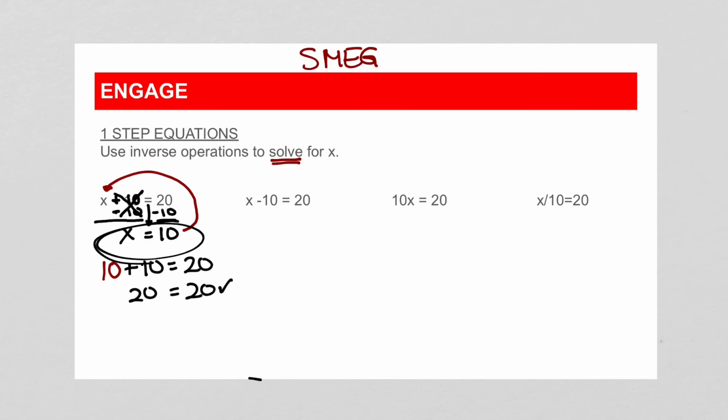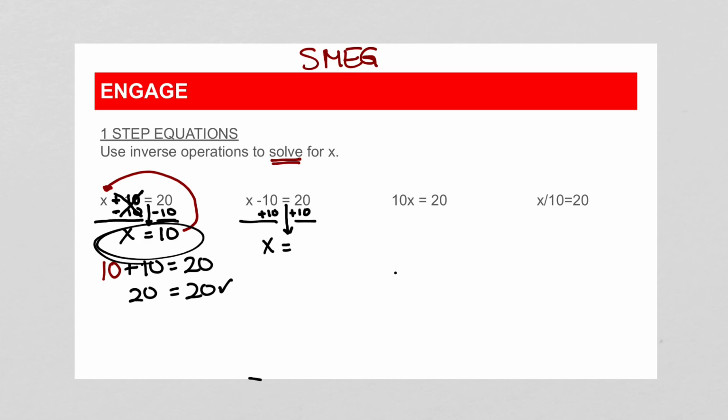Let's try with subtraction. Looking at the next one, x minus 10 equals 20. What is the opposite or the inverse of minus 10? Plus 10. Whatever we do to one side, we have to do to the other. So I'm going to carry down that equal sign. That has to stay there. And then I'm just going to perform that operation. If I have a minus 10 and a plus 10, they equal 0. So x plus 0 is the same thing as just x. And 20 plus 10